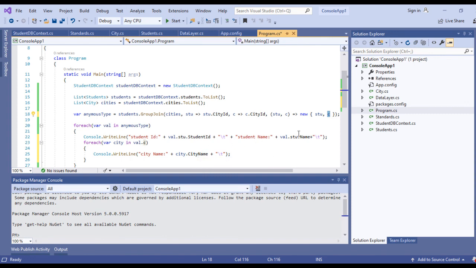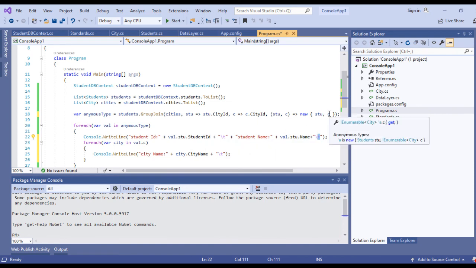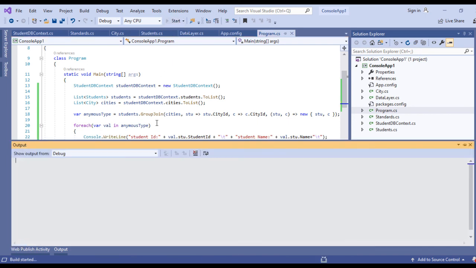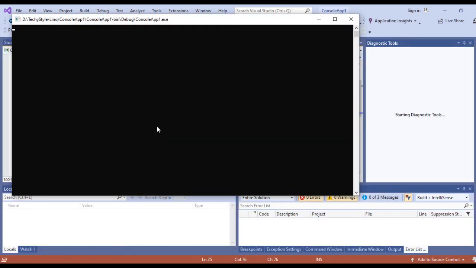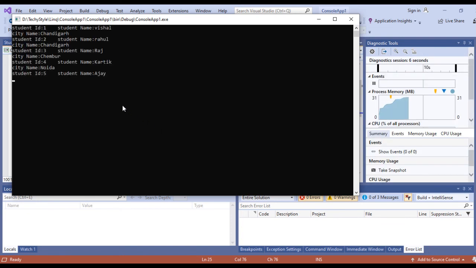So in left join, remember, we cannot directly use the properties of city. We have to loop through this city object because it is of enumerable type. So let's check it now. We have got city ID 1, Vishal, Chandigarh.